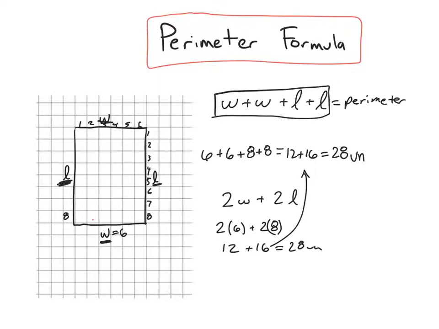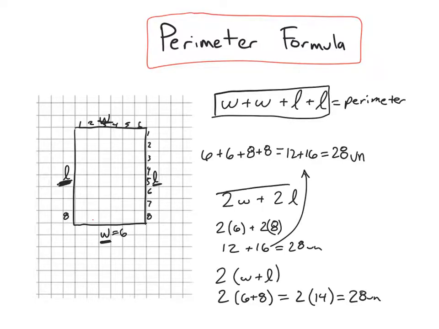We can simplify this formula even further by saying it's 2 times the width plus the length. So back to our example, we can do 2 times 6 plus 8. And so that's going to be equal to 2 times 14, which is equal to 28 units. So we have 3 different ways that we can write this perimeter formula, each one of them resulting in the same answer. All of them are just a little bit different ways that we can look at finding the perimeter